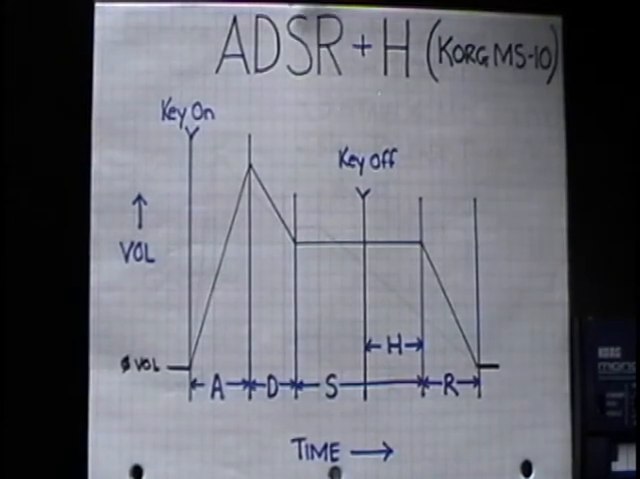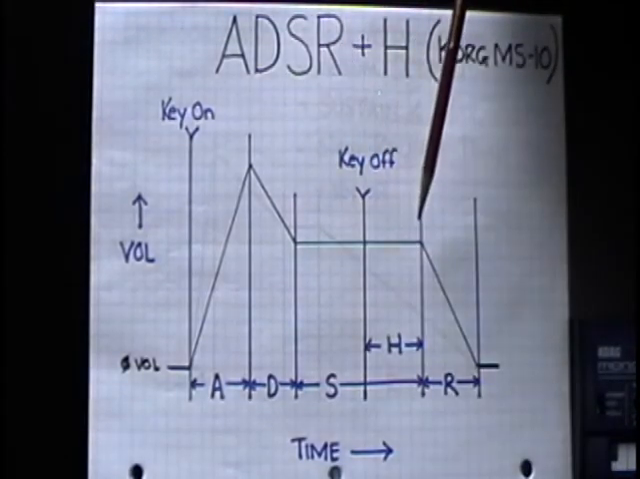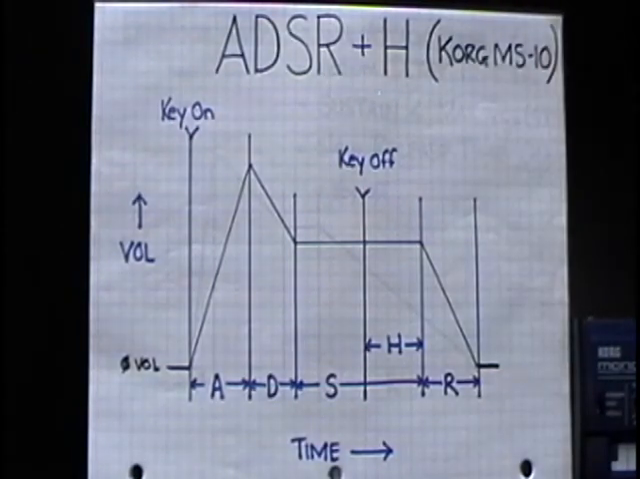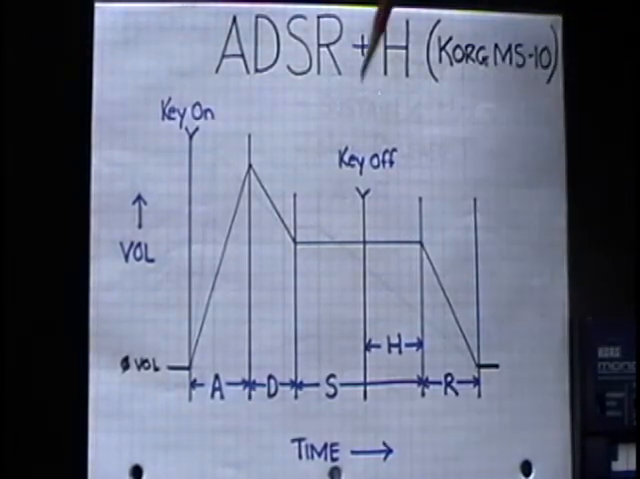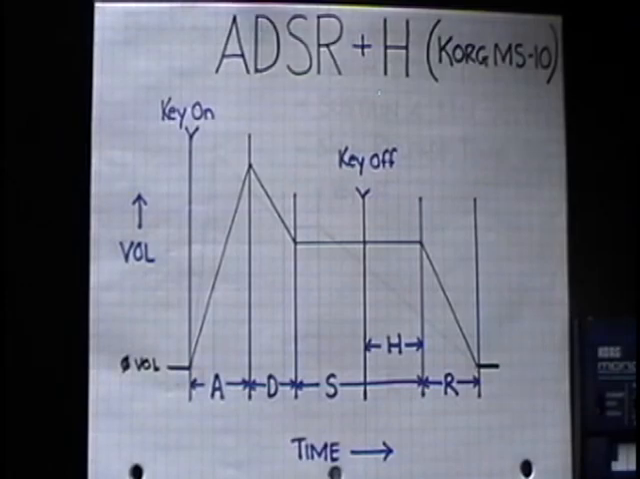Sustain is a level. When it's applied to an amplifier or voltage controlled amplifier, the sustain determines the volume at which the note holds until you release the key. If it's applied to a filter, then the sustain level is the frequency cutoff point. If it's applied to the oscillator, the sustain level is the pitch, you know, which pitch would be here. Okay, so on the Korg MS-10,